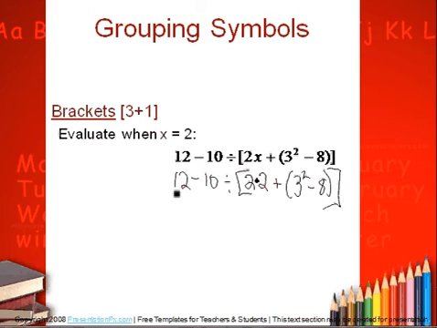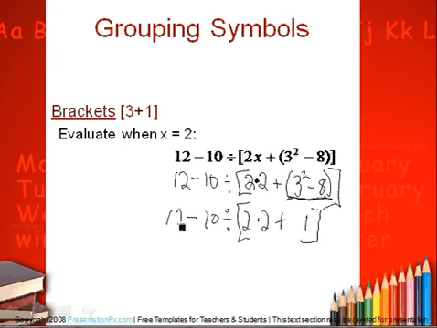Next, we have to continue with our grouping. We still have a parenthesis here. Now in this case, I'm going to just simplify this parenthesis group because we did it on the last slide too. 3 squared is 9. 9 minus 8 is going to give us 1. So this whole thing is going to simplify to 1. And bracket, I took care of all of this, bring down the plus, 2 times 2, front bracket, divide, 10